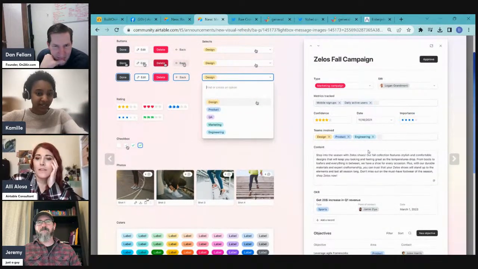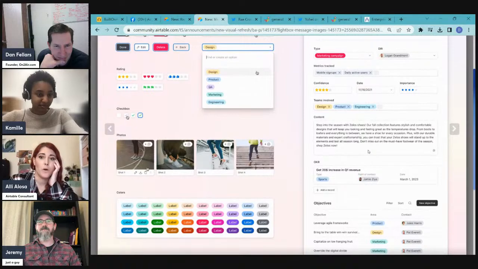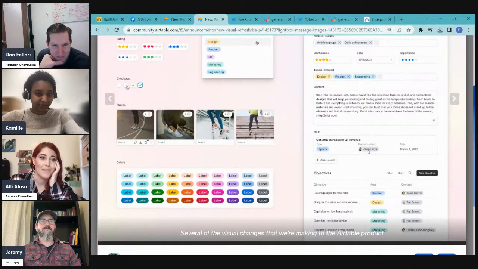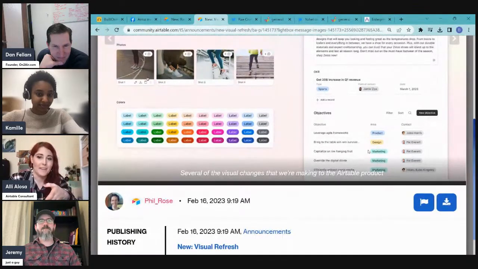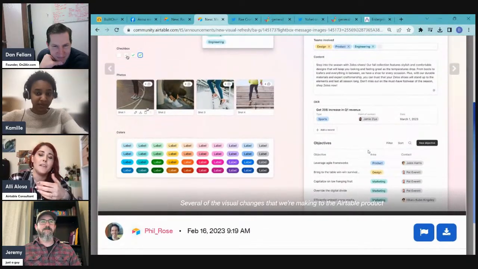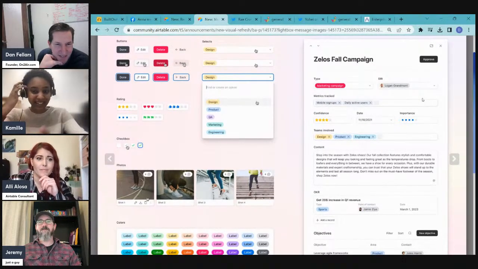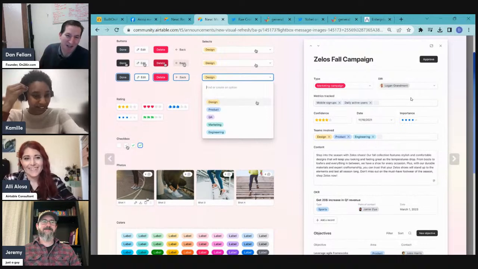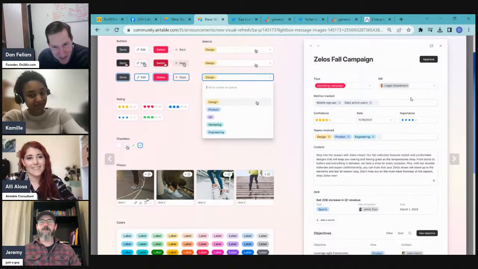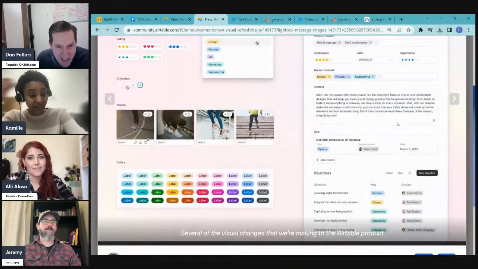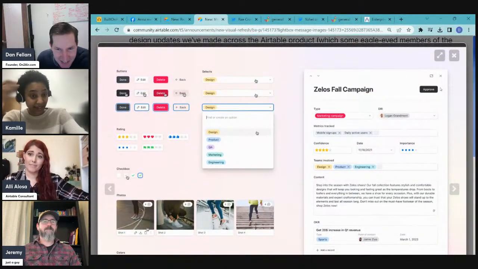When they first came out with interfaces, all of their marketing materials had screenshots of stuff that just wasn't possible to do with interfaces. I told them, people want this, but you just can't do it that way. I don't understand. Hopefully they're going in that direction, or maybe it's coming soon. But what is that? It might also just be a marketer's or a designer's version of it. It could be, because they could have just done this in Figma, and it has no real connection to what they're actually doing in Airtable.